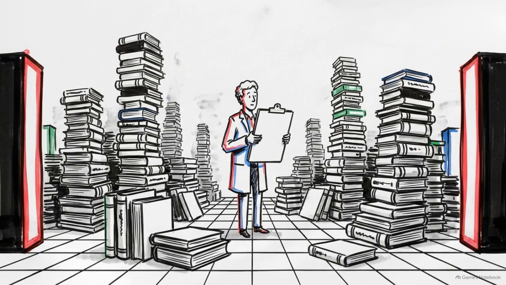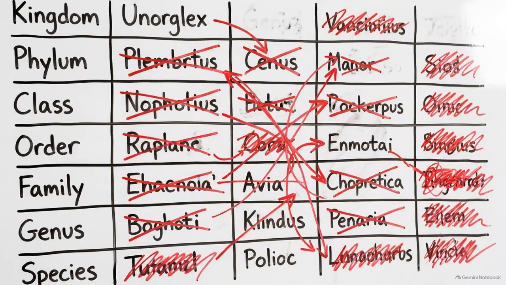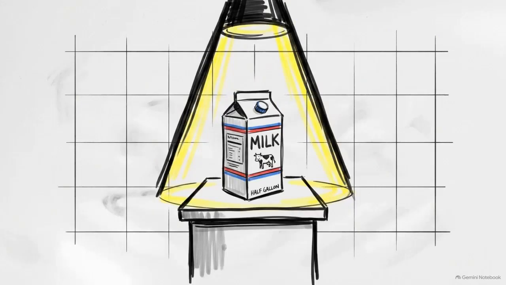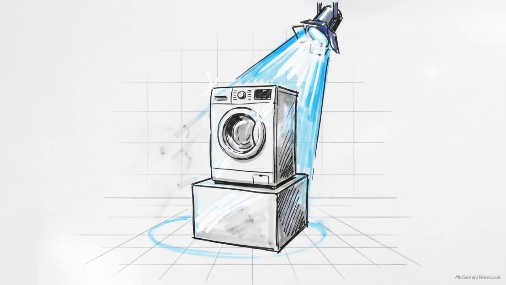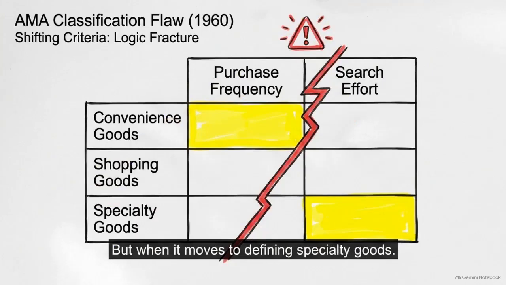Because researchers can divide a universe of data in an infinite number of ways, they have to evaluate the strength of their taxonomies. The ultimate criterion is usefulness. Does this schema help generate consistent, law-like statements? Many widely accepted frameworks fail this test of logical consistency. Take the traditional AMA classification, dividing products into convenience goods, shopping goods for careful comparison, and highly desired specialty items. This diagram illustrates the structural flaw.